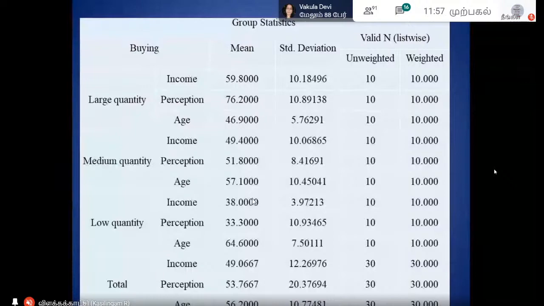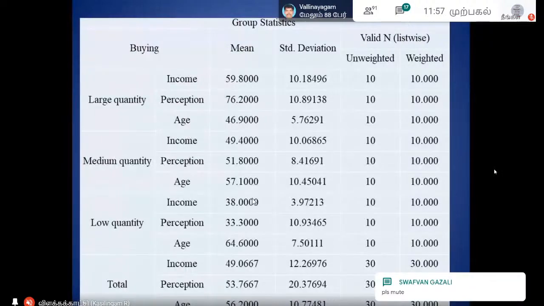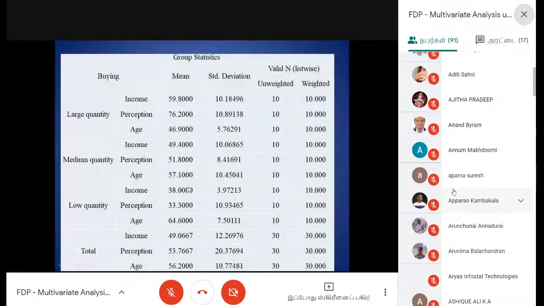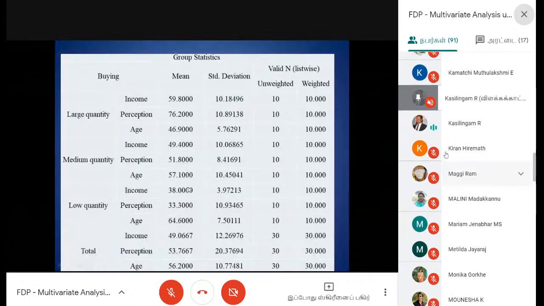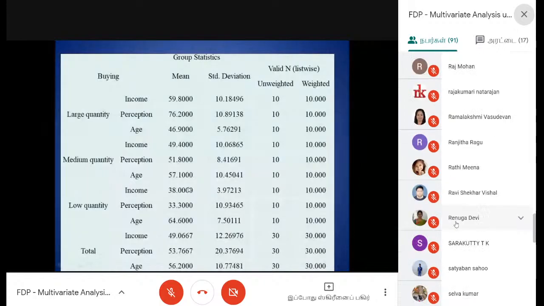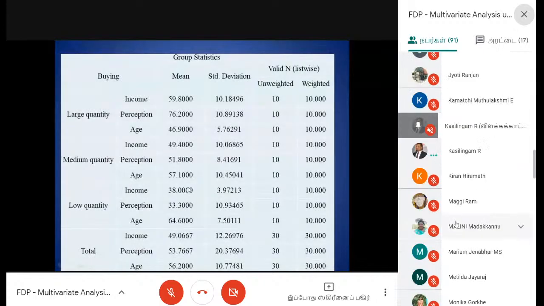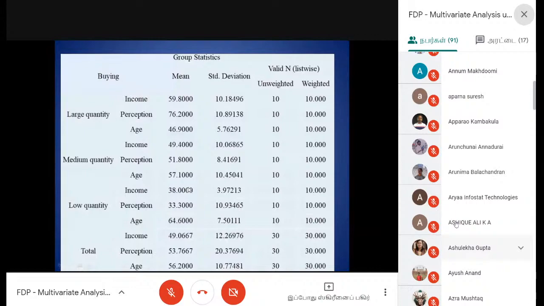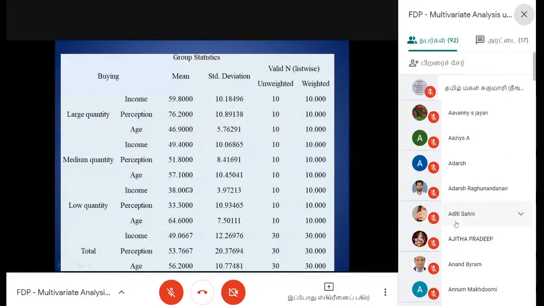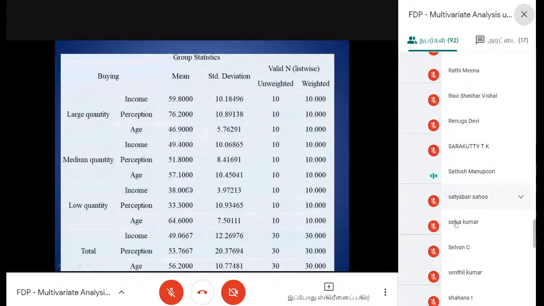Now please understand, sir. From this, you need to understand the difference between ANOVA and discriminant. What is ANOVA? Independent variable category, dependent variable metric. In discriminant analysis, dependent variable category, independent variable metric. Reverse. Now in ANOVA, we will look at the mean, that's all, whether there is a difference or not. In discriminant analysis we will not do that. We will generate a function.